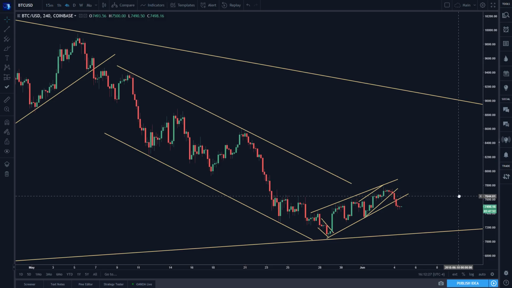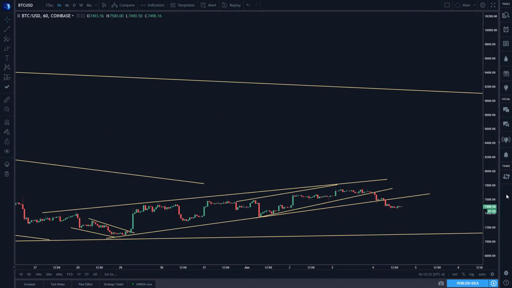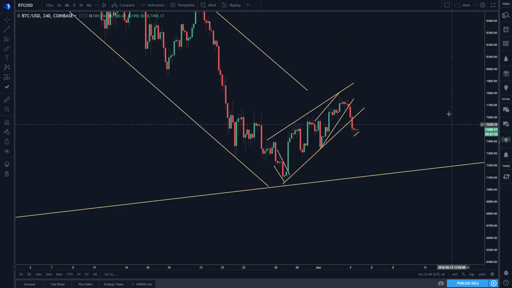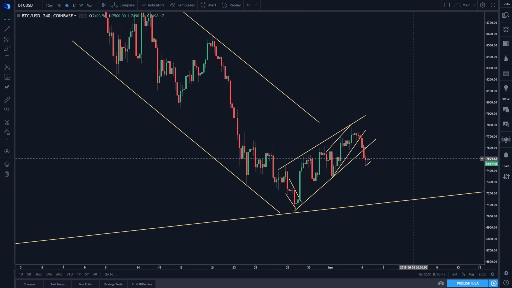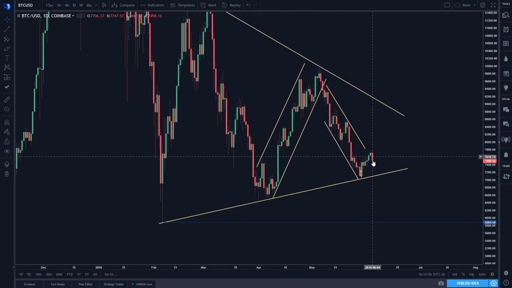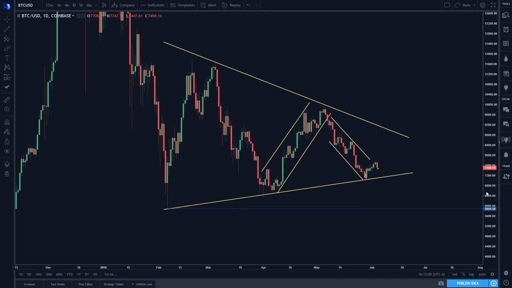Bitcoin is dropping. We're just looking for the flag to develop a little more, give us that drop, and if you're looking to short it, I would simply wait for this to give us a clear break. So if you're looking at this as the flag, once this breaks down, once this breaks below, I would go ahead and short that. That would be a good opportunity, because overall on the daily, you can see we've got a pretty big momentum here,